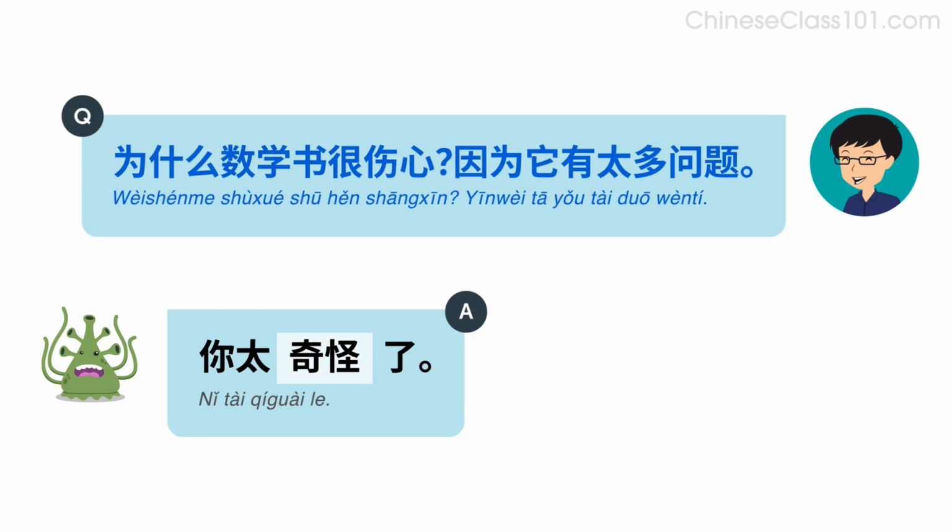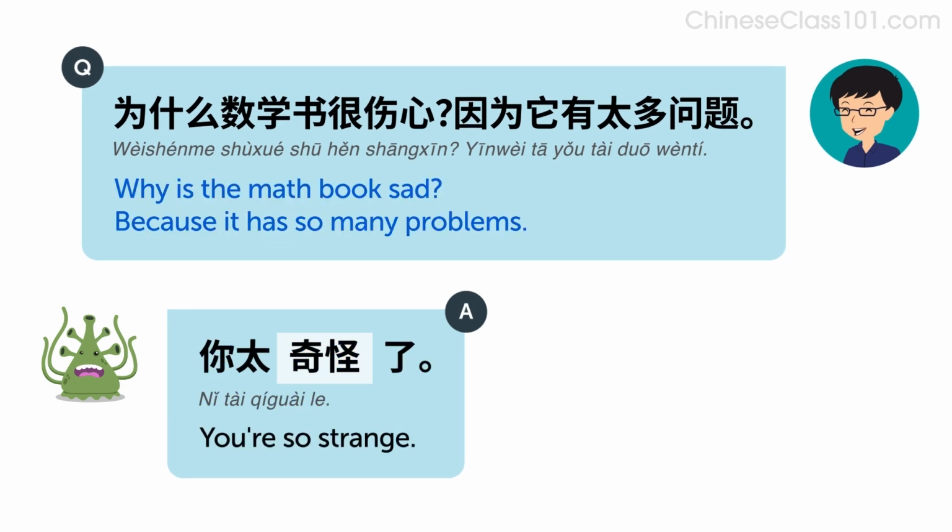为什么数学书很伤心？因为它有太多问题。你太奇怪了。Why is the math book sad? Because it has so many problems. 为什么数学书很伤心？因为它有太多问题。You're so strange. 你太奇怪了。